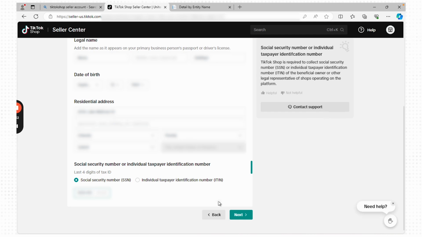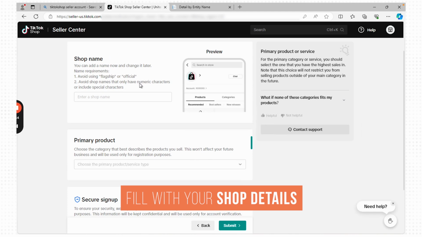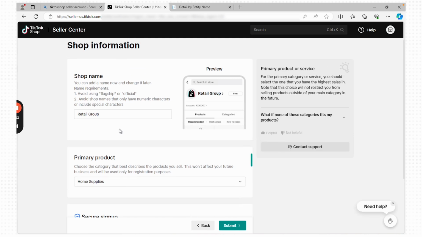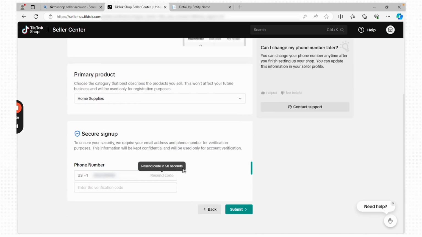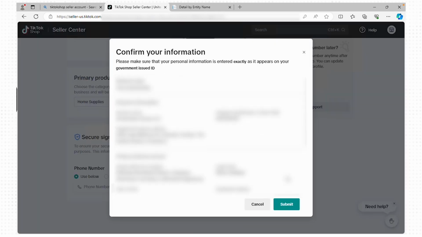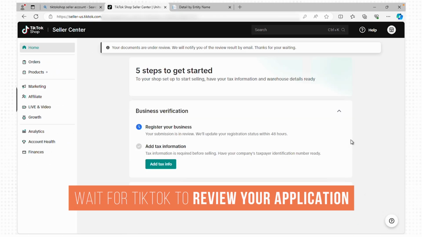Alright, and then it asks for the last 4 digits of your social, and we're going to go ahead and do that. Next, it asks for the shop name. So we could just make up a shop name. And then it asks for your phone number, the primary category. You can go ahead and fill that out, and you should receive a text. Alright, so once the number is verified, you can go ahead and click on submit. And it'll just show you a whole list of things that you submitted, but you can just go ahead and click on submit. And then they will be reviewing your documents, which can take up to 24 to 48 hours,